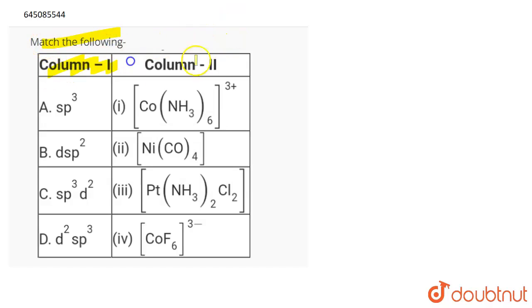The question is: you have to match the following. You have column 1 and column 2. What do we have here? You have to match them. In column 1 we have hybridization and in column 2 we have the complexes. Now, if we talk about the first complex, which is [Co(NH3)6]3+,